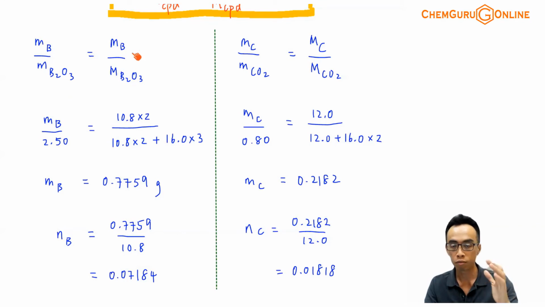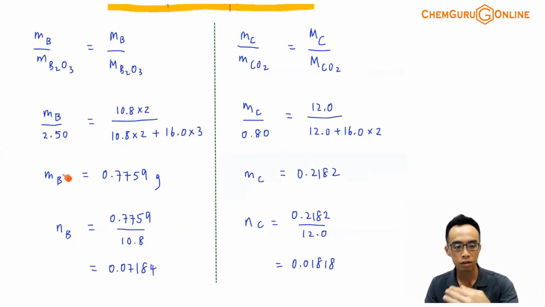The molar mass of B will be 2 times the atomic mass of B, because in one B2O3, I have 2 boron. So I need to double that, 10.8 times 2, divided by the molar mass of B2O3, which will just be mass of boron, double, plus the mass of oxygen times 3, correct? 10.8 times 2 plus 16.0 times 3. So what I can do next is bring the 2.5 over to the right hand side, simplify this. I can determine the mass of boron,